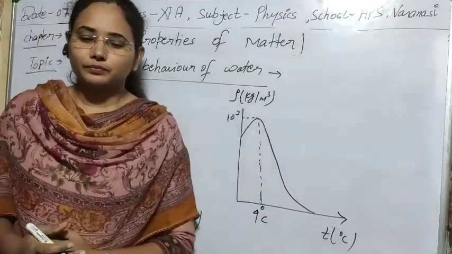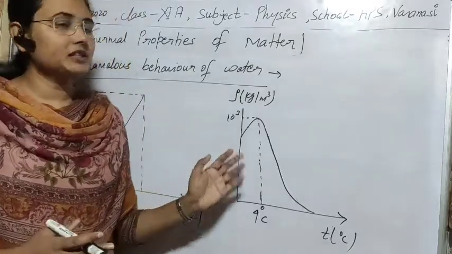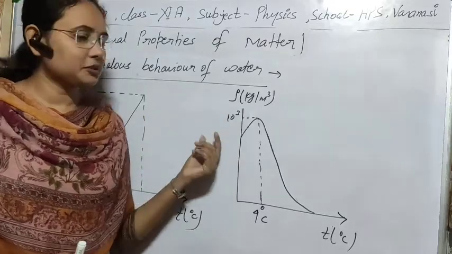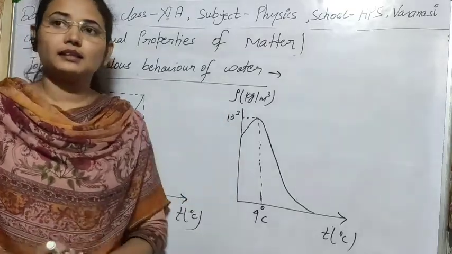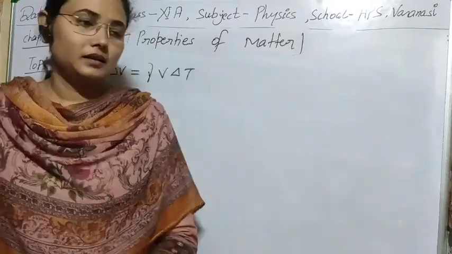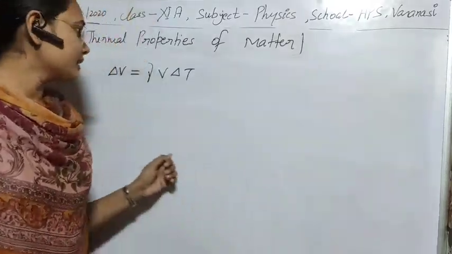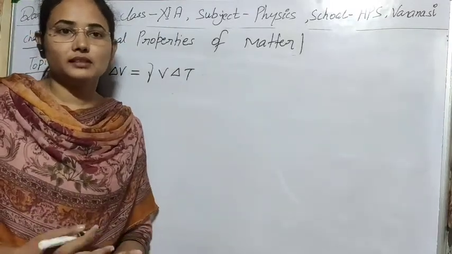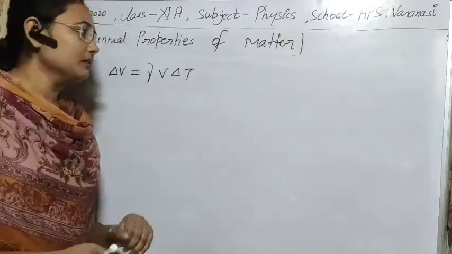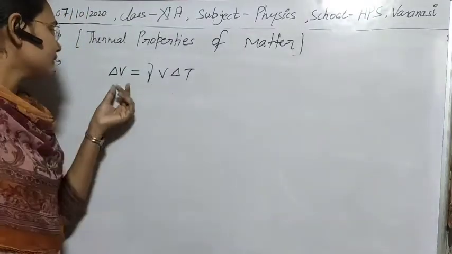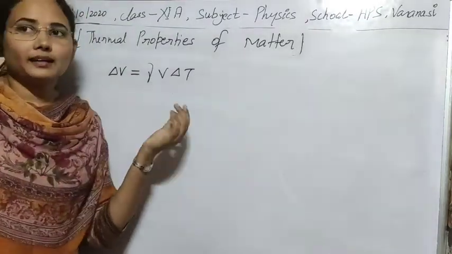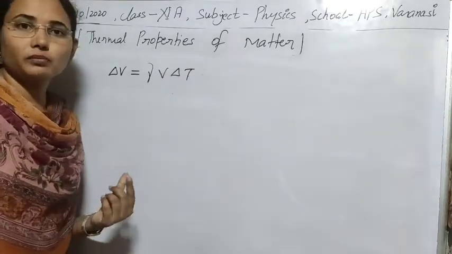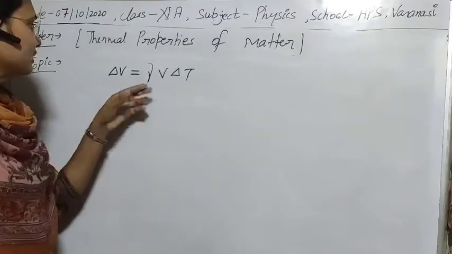Now let's see the effect of temperature on the density of solids or liquids. Means how can we explain it in terms of density. So let's see what will be the effect of temperature on the density of liquids or solid material. For the case of solid, as we all know, when we change temperature by an amount delta T, there will be some expansion in volume, and that volume is given by this term.